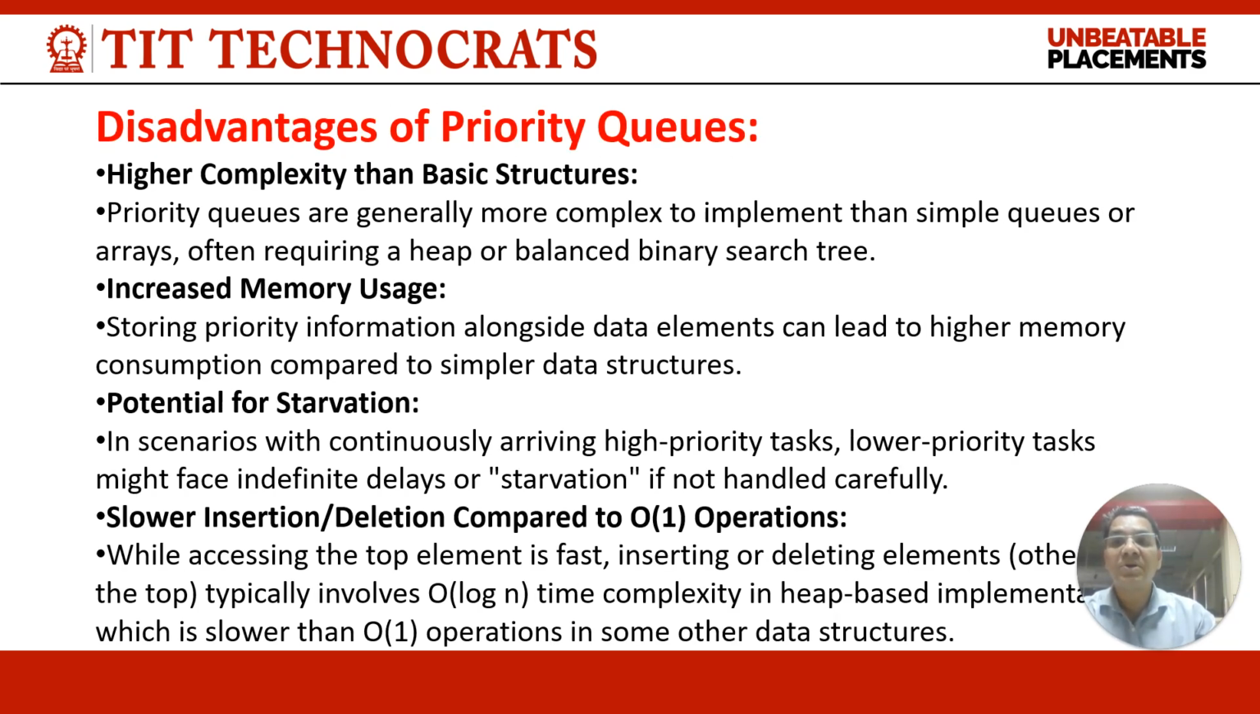Disadvantages of priority queue: higher complexity than basic structures. Priority queues are generally more complex to implement than a simple queue or array, often requiring a heap or balanced binary search tree. Increased memory usage: storing priority information alongside data elements can lead to higher memory consumption. Potential for starvation in scenarios with continuously arriving high priority tasks. Lower priority tasks might face indefinite